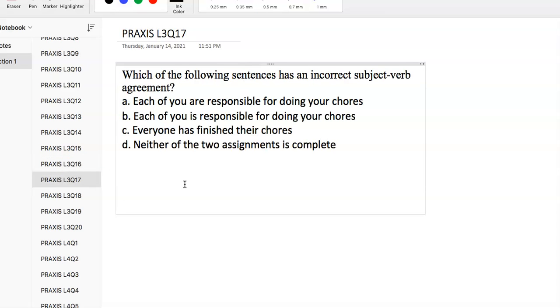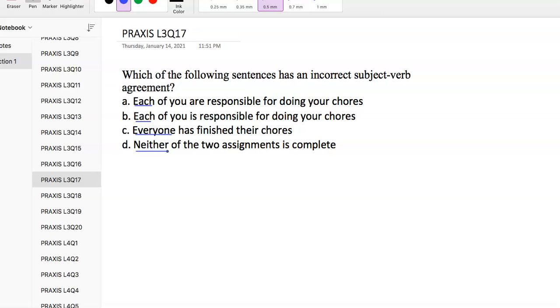And then we jump to language arts here for the final 4 questions. Okay, incorrect subject-verb agreement. Okay, so what we need to know here, so we have each, everyone,